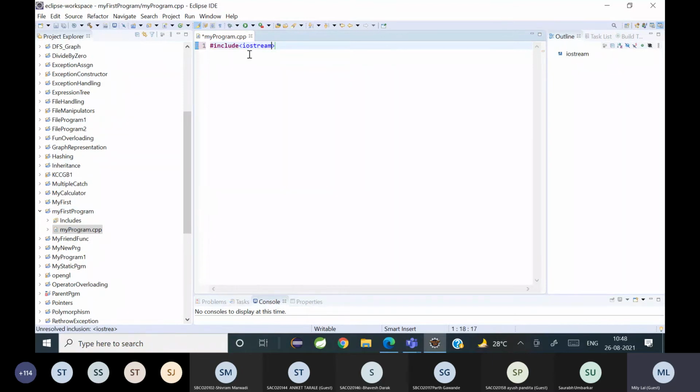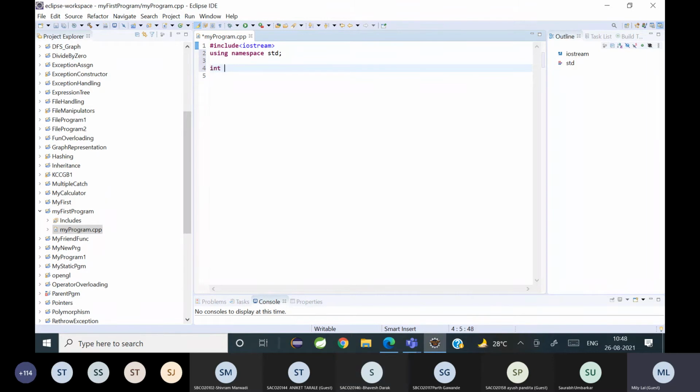So what is hash include iostream? Header file name. Then what is the next thing I'm going to do? Using namespace std. Remember, using namespace std.